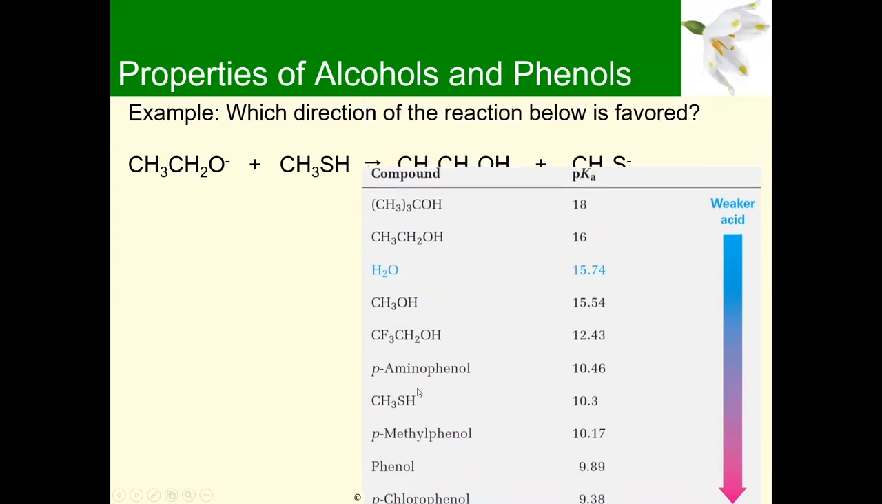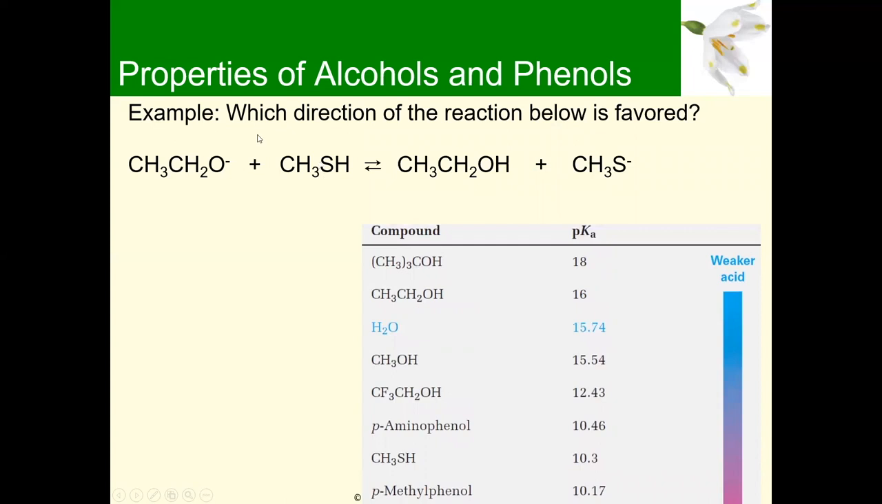Okay, so now let's do this example here. The question is, which direction of the reaction below is favored? So it's a reversible reaction. It's going to establish equilibrium. And when it establishes equilibrium, which side is favored? Which species are present in higher abundance? Is it going to be this ethoxide, this alkoxide, and this CH3SH, or is it going to be ethanol and the CH3S minus? Okay. Well, so what we need to do then is look up the pKa's